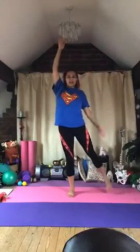Here we go. 1, 2, 3, focus. I'm a bit leaning more on that side. I feel a bit weaker on that side, so you can see I'm leaning a bit more onto that side. I think that's 4. Really try and straighten up there. 5, that's much harder. 6,